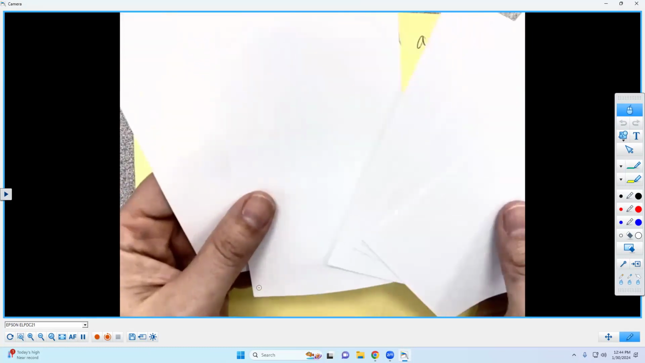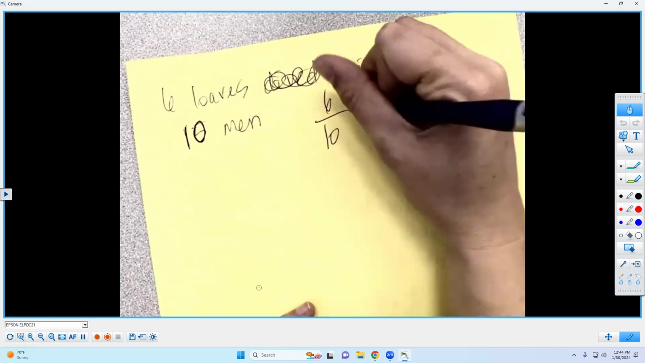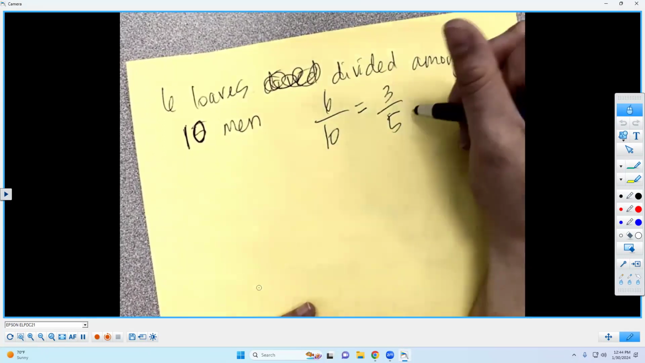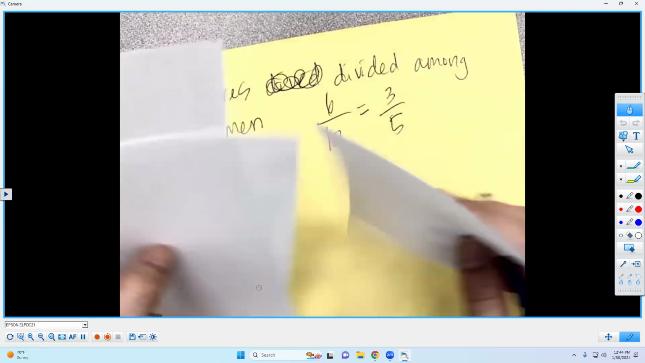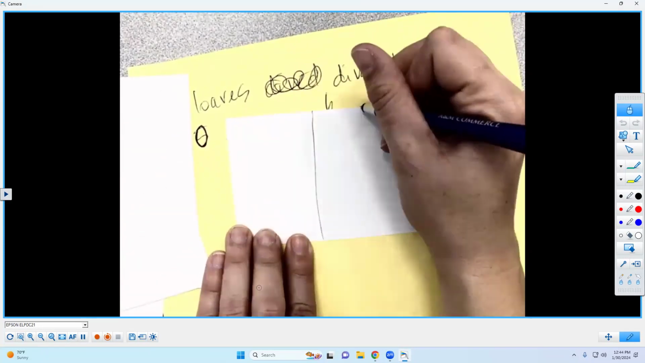They each don't get 1, right? Probably what we would do is 6/10 reduces to 3/5. So each person gets 3/5 of a loaf. Agreed? So the picture of that would be, I need to take each of these cards and divide them into